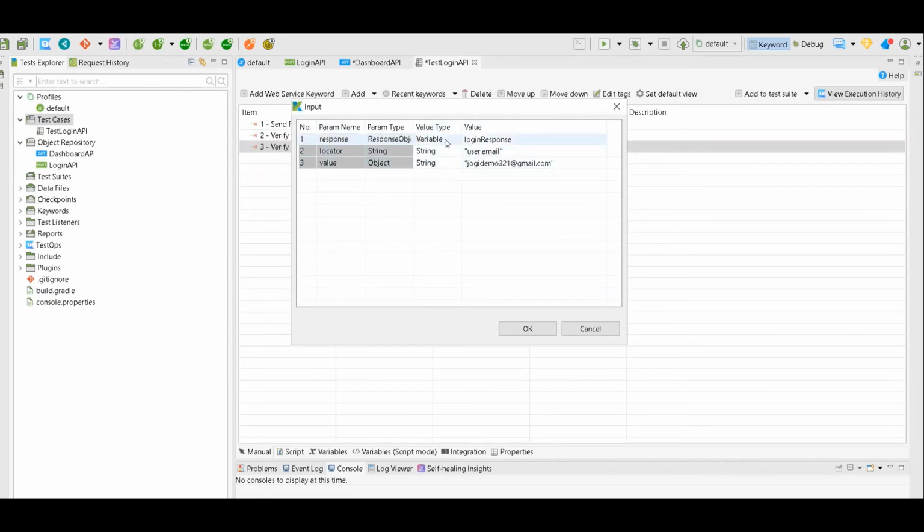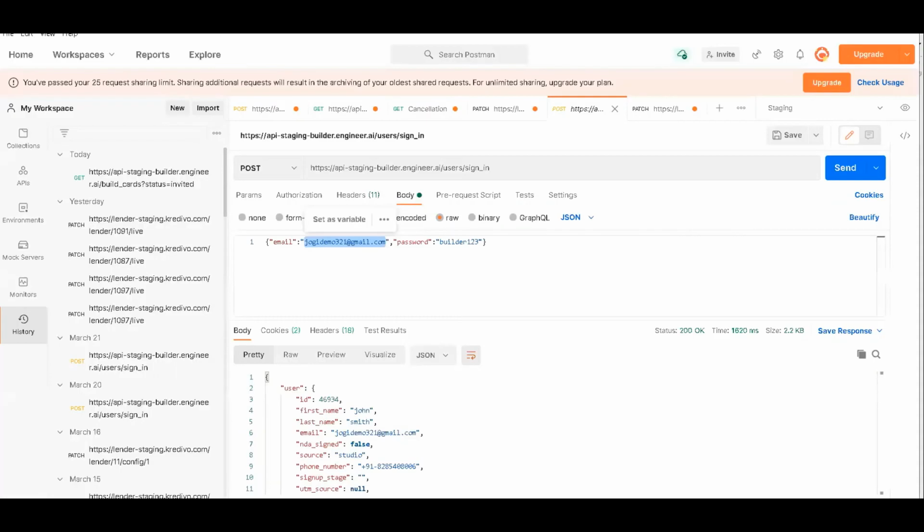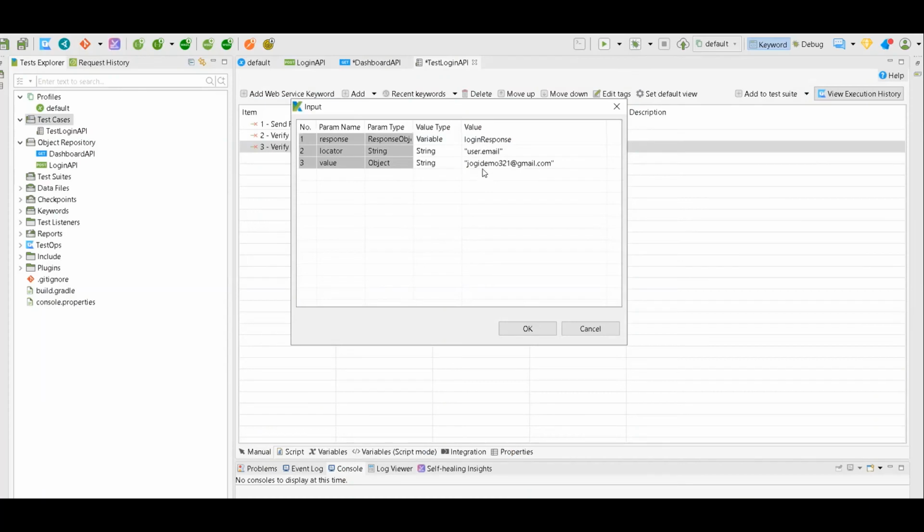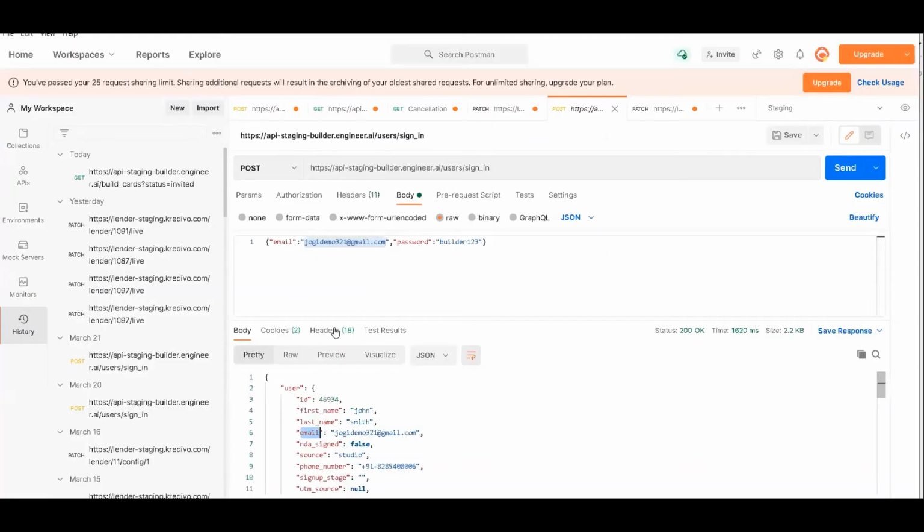Then again, I would name the response object as login response. Locator. In my case, the locator for email is user.email. That I selected here. And the value is, as I said, the username value, which is this.